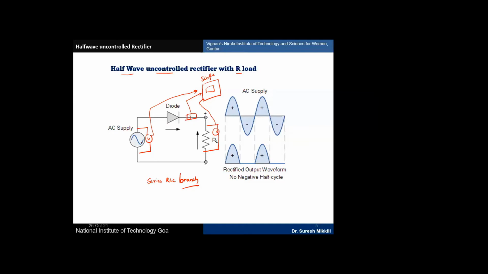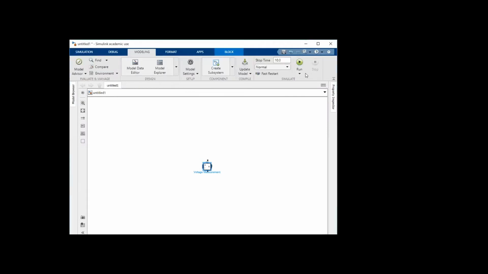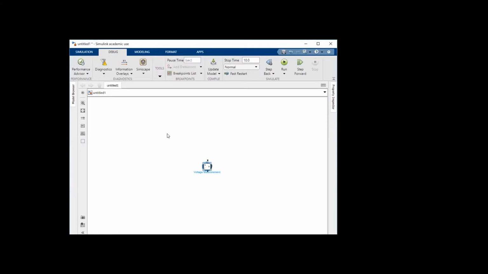Here what I'm doing, and three measurement blocks I'm considering. I want one scope. I will show you how to design it here, and I hope this is visible. Now, earlier I selected one voltage source, one current source, and one source. Now few more elements I need to select.